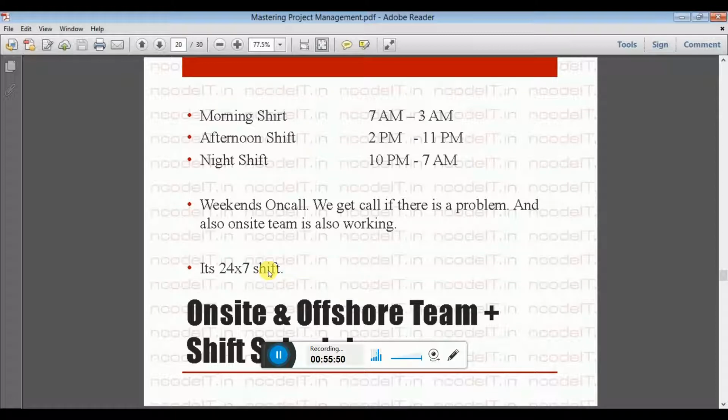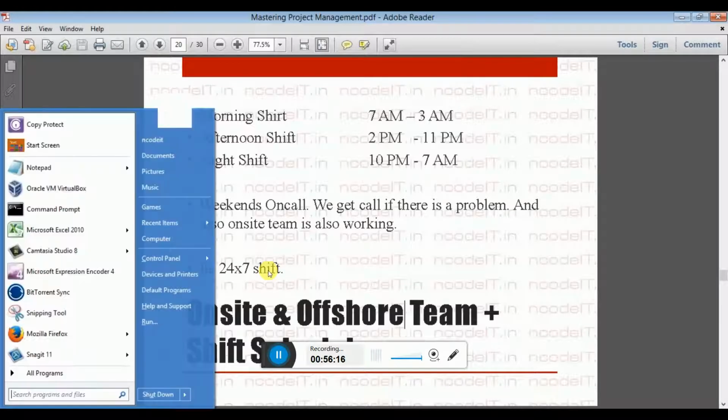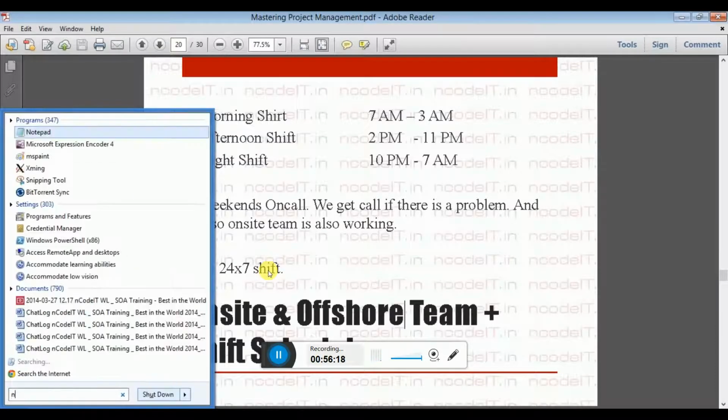Then on-site offshore team, make sure you have two teams. One is on-site. On-site is where the client is. If you have a supporting US client, your on-site is in the US. Pick a city like New York or California or anything. Offshore, you are here. Offshore team sizes will be large, on-site will be small. So if we have the on-site offshore model,